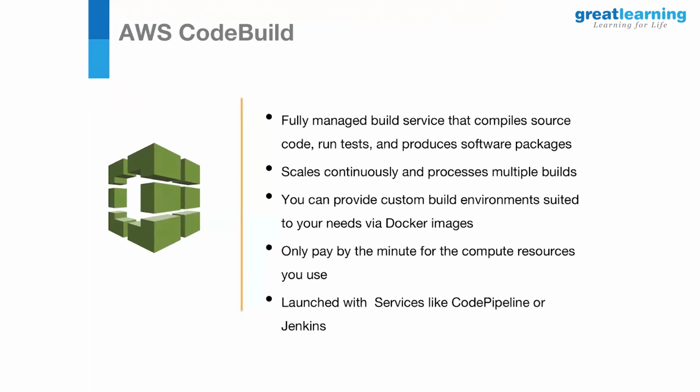It is integrated by default with services like AWS CodePipeline, or it can be integrated with Jenkins to trigger your build. In a nutshell, CodeBuild takes raw code, probably straight from CodeCommit or any other source control tool that you define. We will see what all it supports later. It runs some tests and build options, and it creates a neatly wrapped deployment package for us.